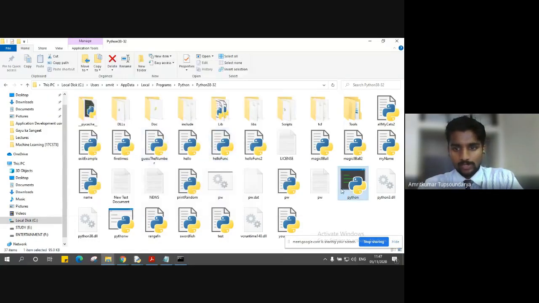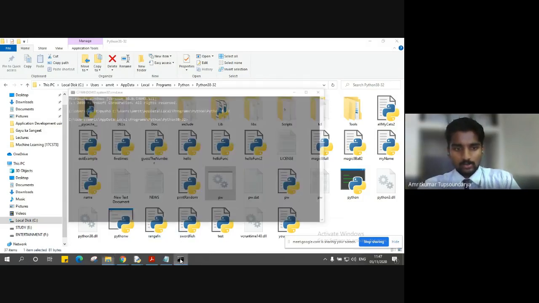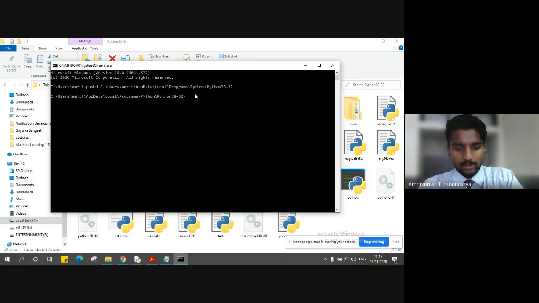I'm now in this folder where my Python program password file is stored, and also my pw.dat file and the batch file are stored, right? So now let me try it: py pw.py. What I'm doing is executing a Python file. In order to make the command aware that it's a Python file, I enter py space pw.py, which is the name of my file, and let's say I'll give the account as email.